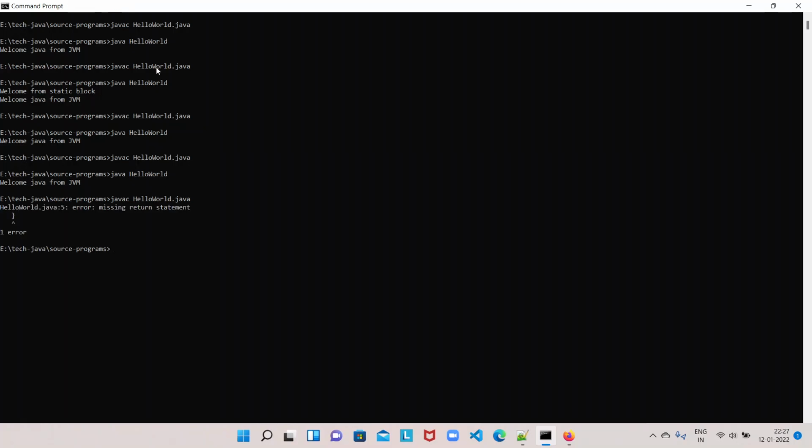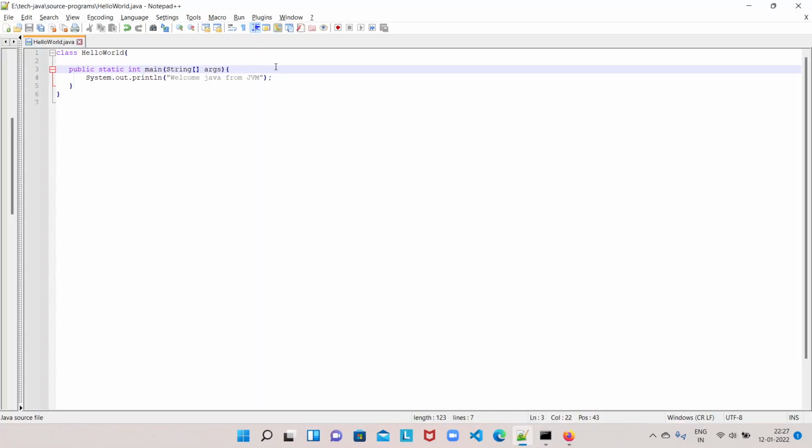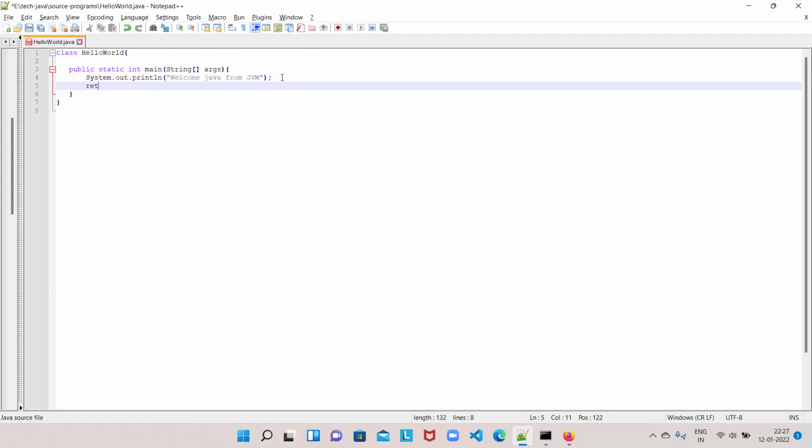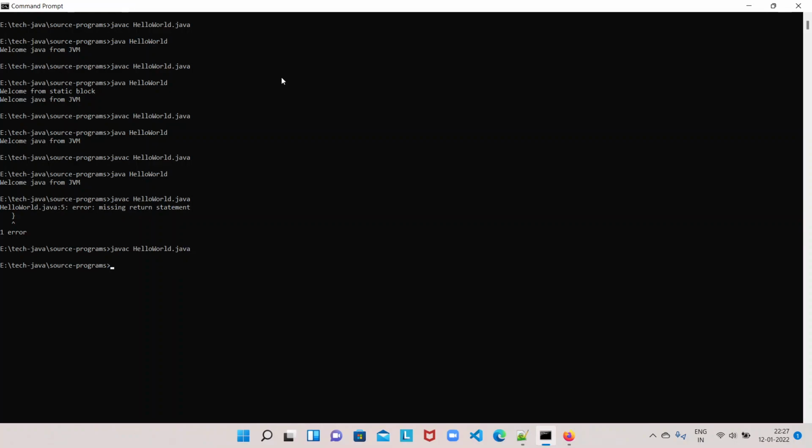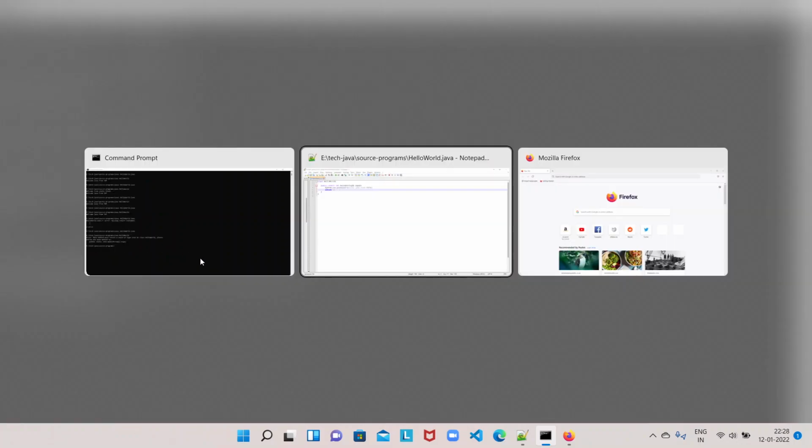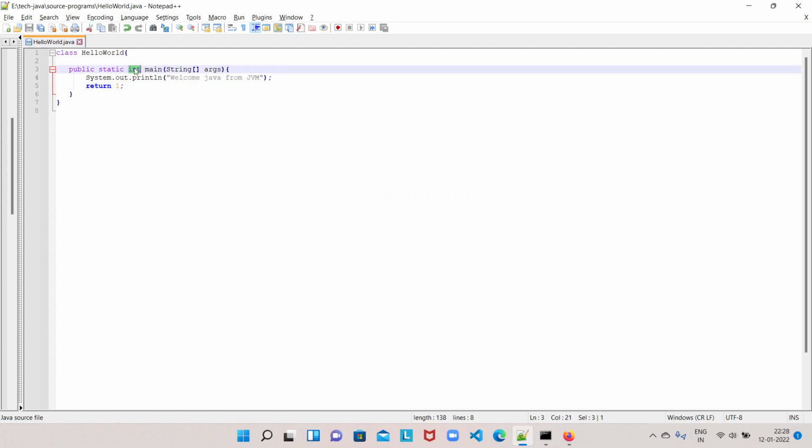If we change the return type of this method and return 1, see this: main method must return a value of type void in class HelloWorld. Please define the main method as public static void main, and it is accepting a String array argument. So we should not return anything from the main method.